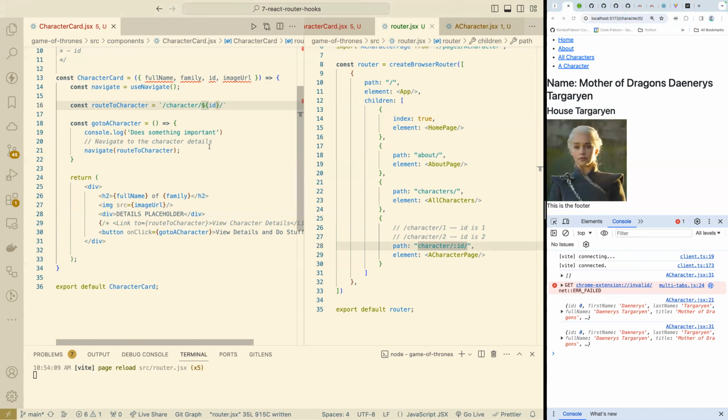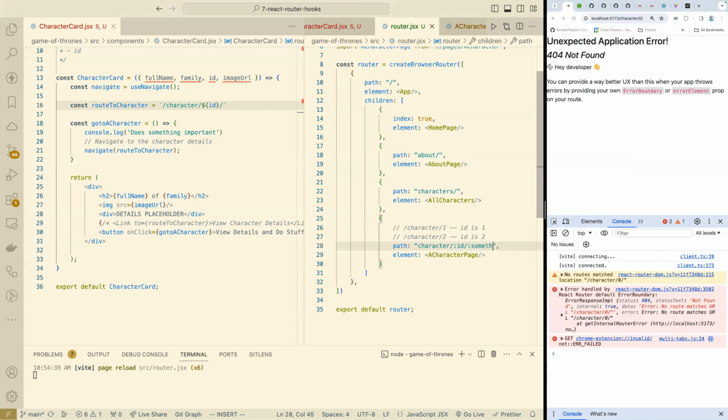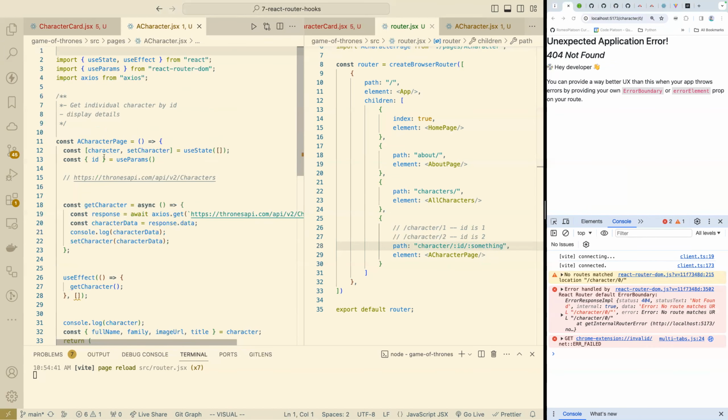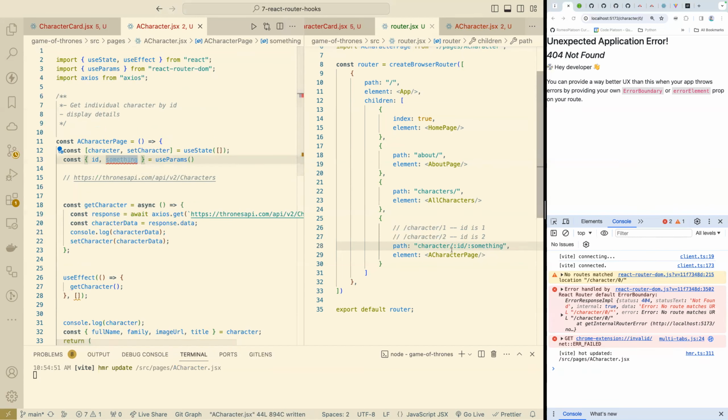Yeah, great question. And again, we could have multiple things here. Like if I did this and I needed to, for some reason, let's go to the head character page. You can have multiple params. And this is a really common convention. You'll see this with Django and other places. And just in general, when you see URLs and routes and paths, the colon indicates a param. It's like a placeholder for a value. And the thing after the colon is the name of the param. So like here, if I had two things in here,